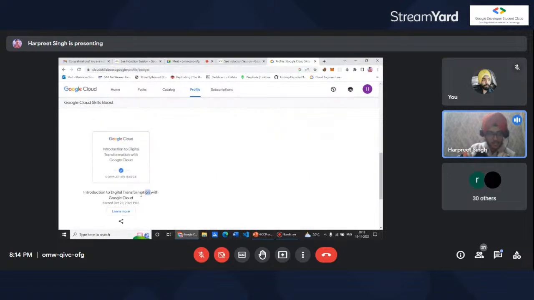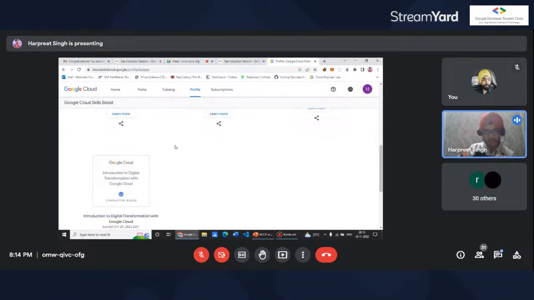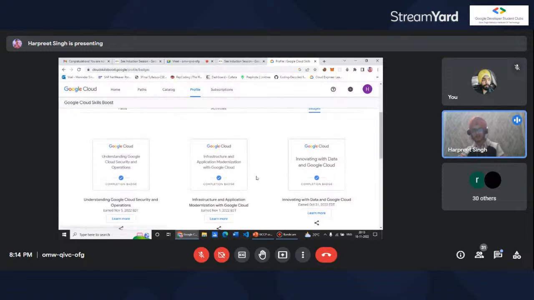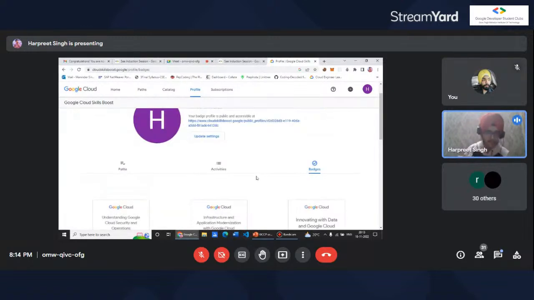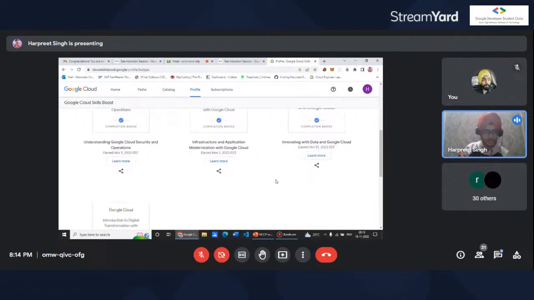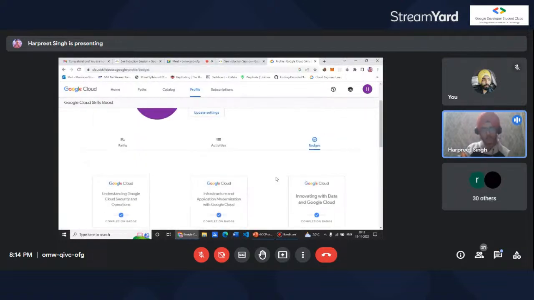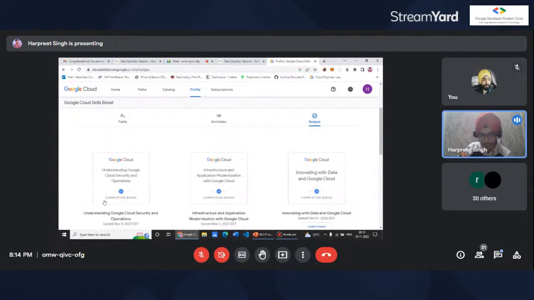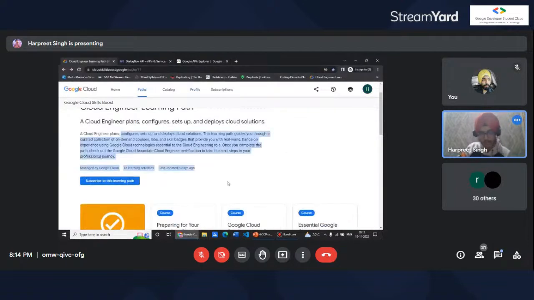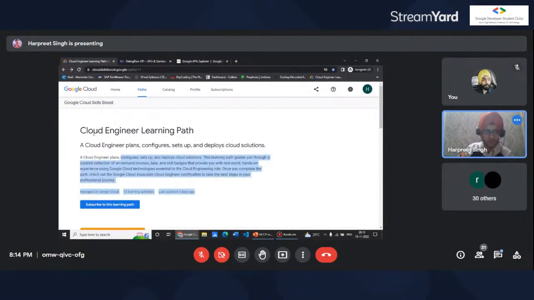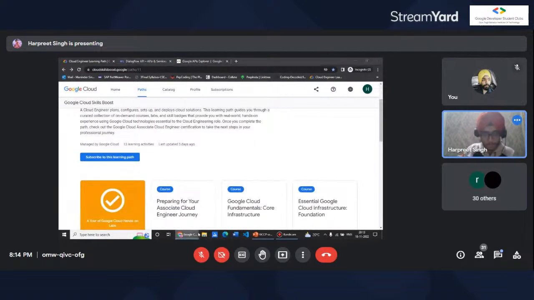The 4 courses which I've done earlier, the badge will come here, and I can take a screenshot of it and share it on LinkedIn that I've completed this many courses. So it helps to tell other people that we have learned the things and we are also certified for it. The completion badge will be given for each course. And if we complete all the courses here, then the full certificate will be given to you as Cloud Engineer Learning Path from the Google Developer Group.